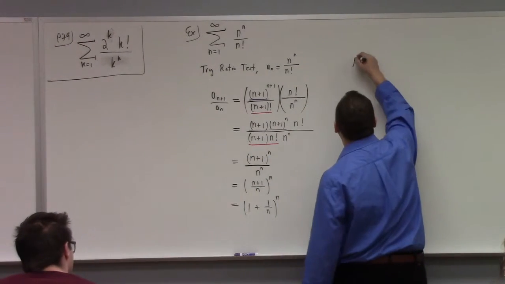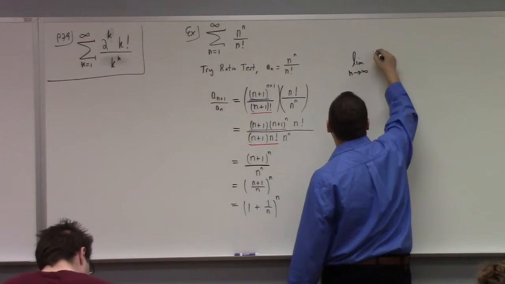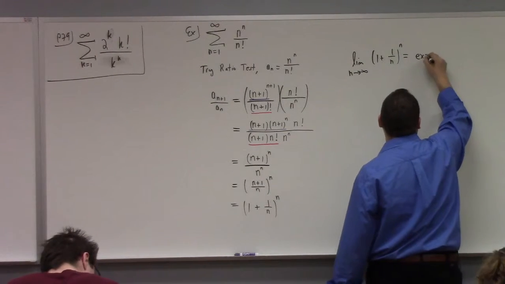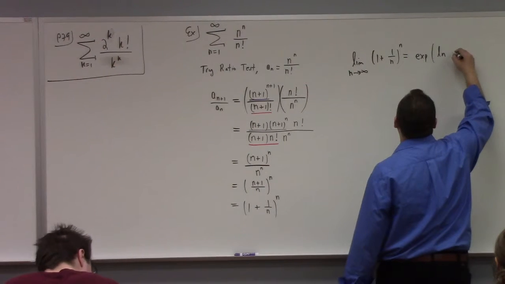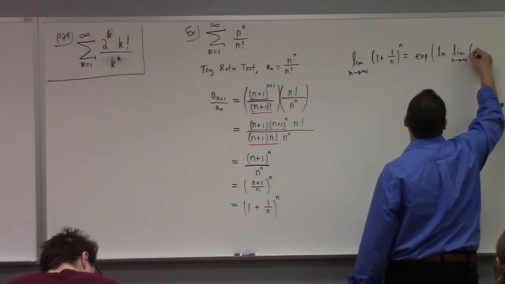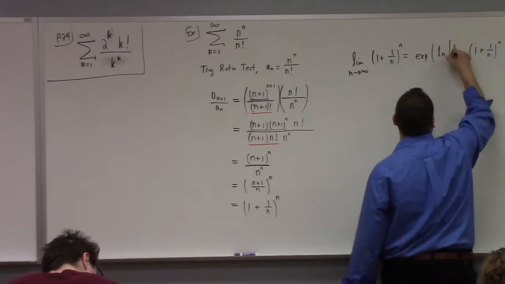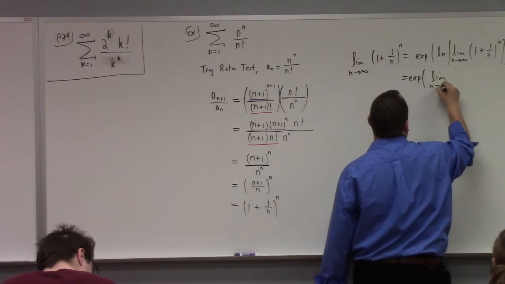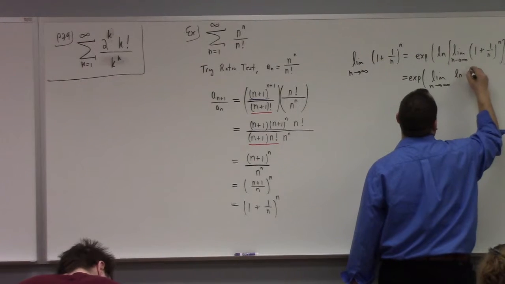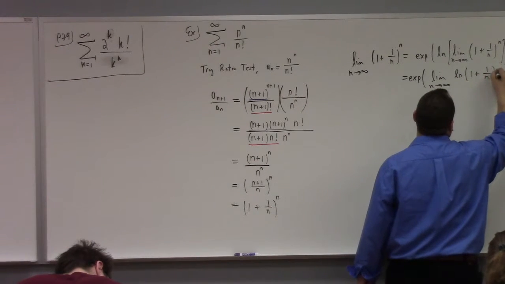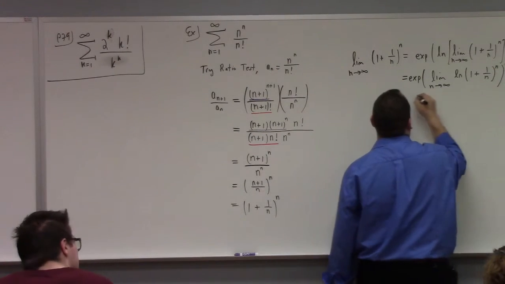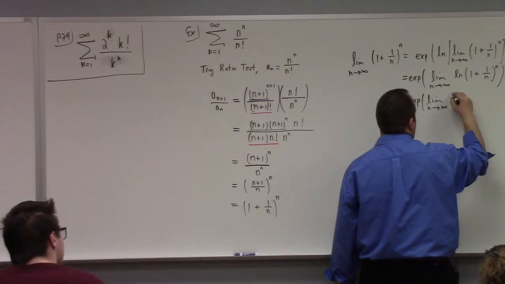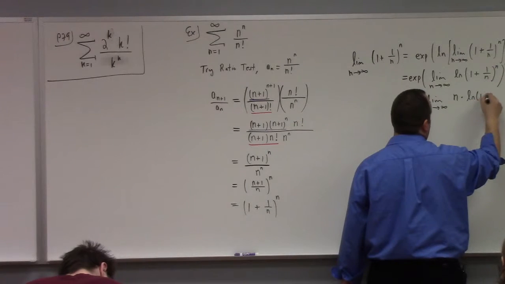Let's see here. So the limit, I'll do it over here then. The limit as n goes to infinity of (1 plus 1 over n) to the n is equal to the exponential of the natural log of the limit as n goes to infinity of (1 plus 1 over n) to the n, which is the exponential of the limit as n goes to infinity of the natural log of (1 plus 1 over n) to the n, which is equal to the exponential of the limit as n goes to infinity of n times the natural log of 1 plus 1 over n,